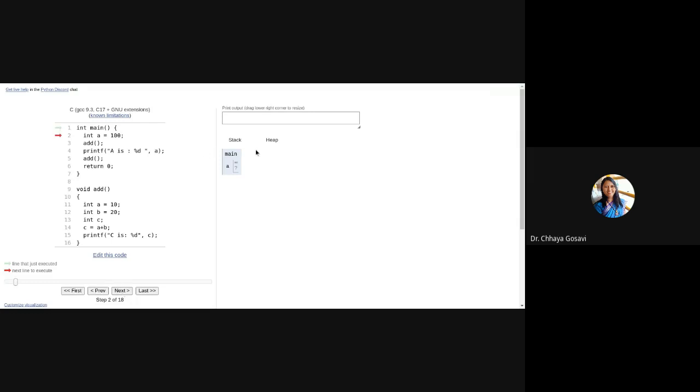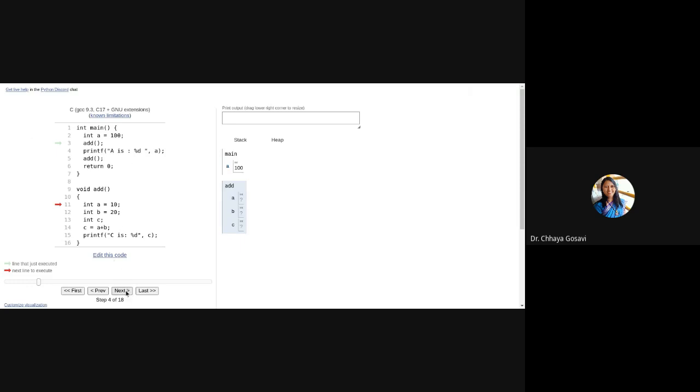So here in main, memory is allocated for A, integer, value is 100. When you call the method add, A has another location. This memory location of A and that memory location of A will be different. Note that. The scope of this A is only in function add, and the scope of the other A is only in method main.